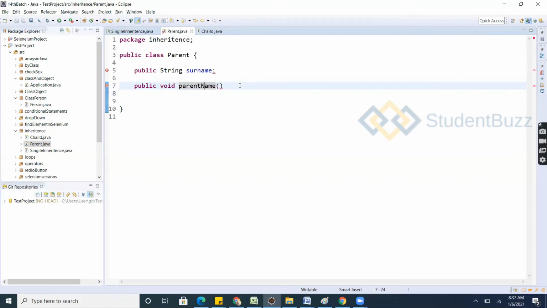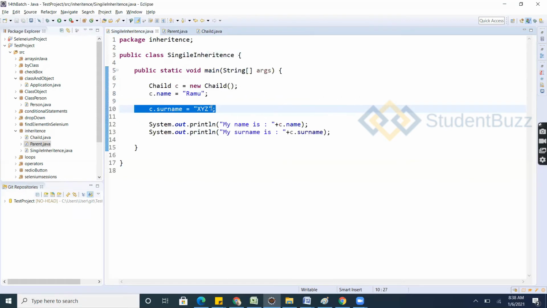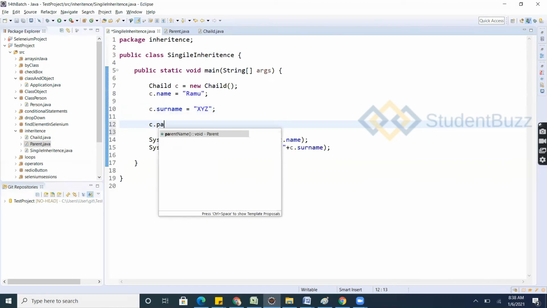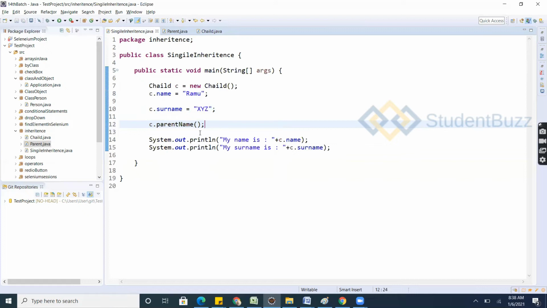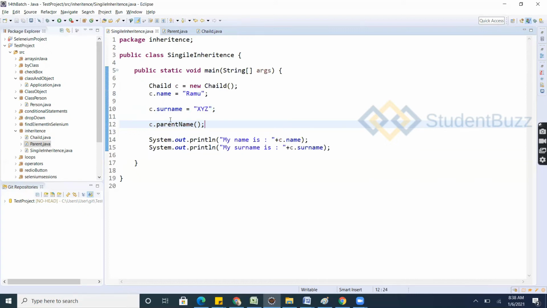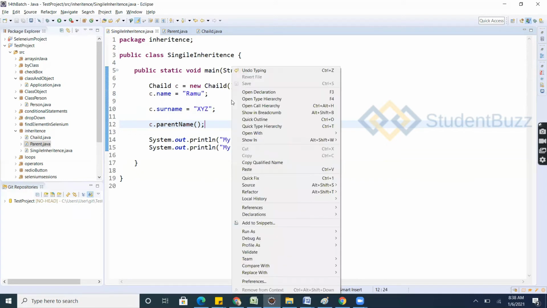I have created one method. Here the child is calling c.parentName and is able to access it. Whatever it may be, variables or any kind of data, as well as methods, you can access it. Let's run it.